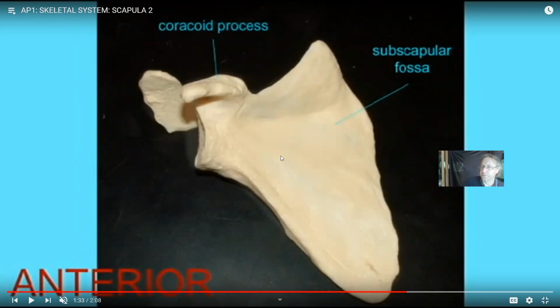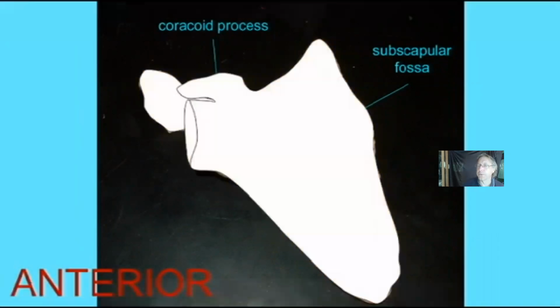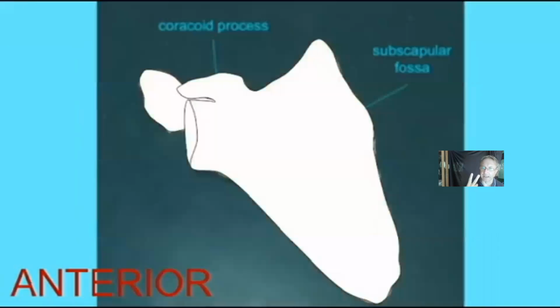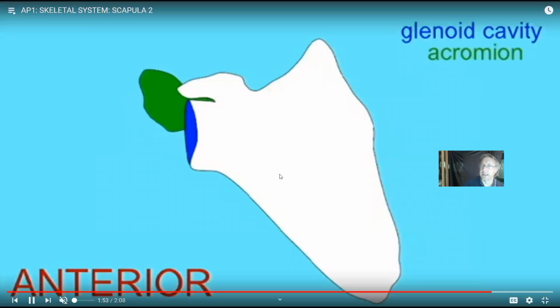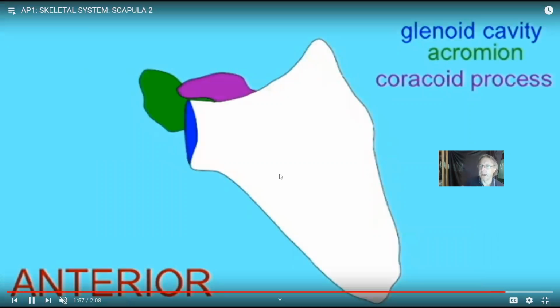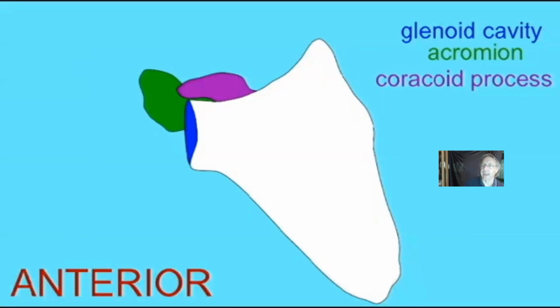There is a depression for a rotator cuff muscle. This is called the subscapular fossa, and the muscle known as the subscapularis is located here. Notice of the three fossae, there's a supraspinous and an infraspinous. Obviously the root spine is in the name, so you know they must be on the same side of the scapula as the spine, the posterior, while the subscapular fossa does not have the term spine in it. So then it must be on the other surface that doesn't have the spine, the anterior surface of the